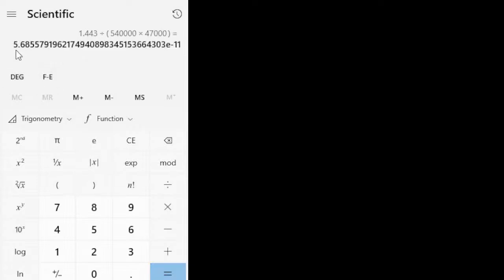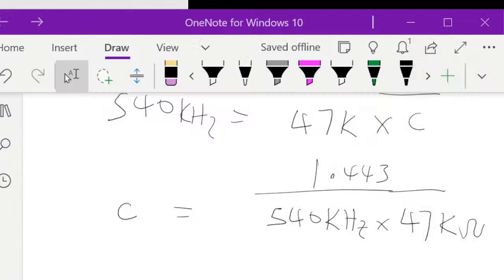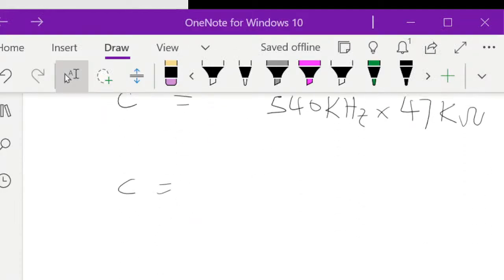So again, we're getting 5.685 times 10 raised to power minus 11. So we're going to shift this by 1 decimal, and then also add one more decimal place here to make it minus 12. So it's going to be 56.86 pico. So we're going to go back and say that C is